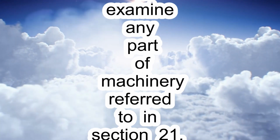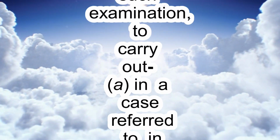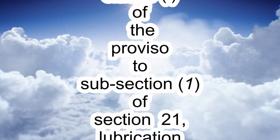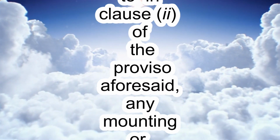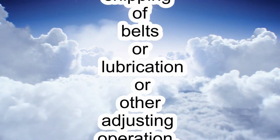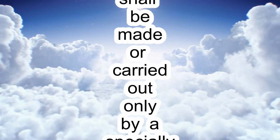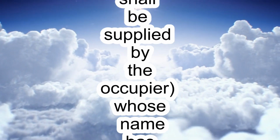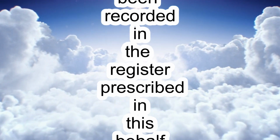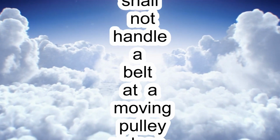1. Where in any factory it becomes necessary to examine any part of machinery referred to in section 21 while the machinery is in motion, or, as a result of such examination, to carry out (a) in a case referred to in clause (i) of the proviso to subsection 1 of section 21, lubrication or other adjusting operation, or (b) in a case referred to in clause (ii) of the proviso aforesaid, any mounting or shipping of belts or lubrication or other adjusting operation, while the machinery is in motion, such examination or operation shall be made or carried out only by a specially trained adult male worker wearing tight-fitting clothing, which shall be supplied by the occupier, whose name has been recorded in the register prescribed in this behalf and who has been furnished with a certificate of his appointment, and while he is so engaged,